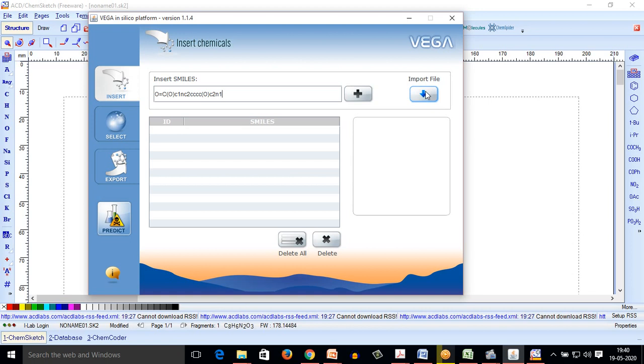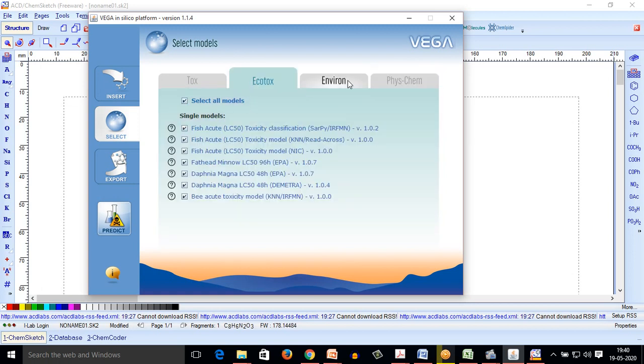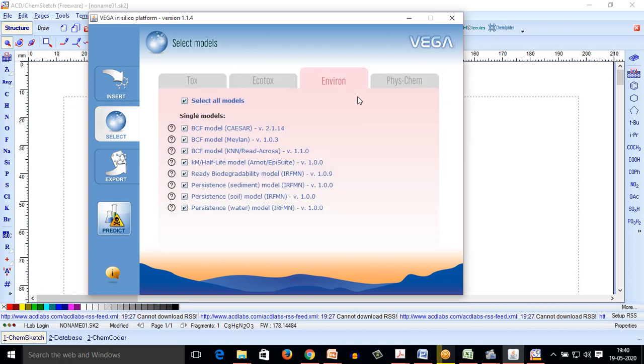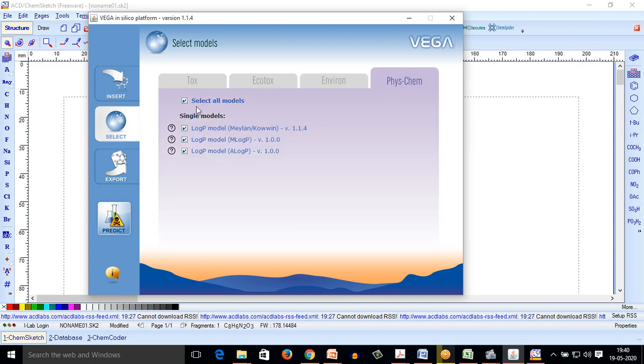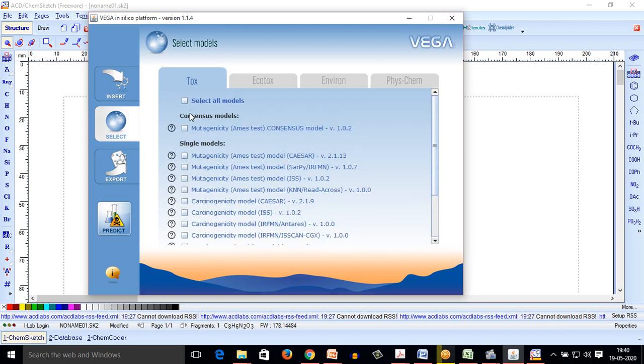We can also insert a SMILES set, which can be prepared in Notepad using this tab. Going to the select section, I'm selecting all the models. If you need, you can select your concerned models individually.